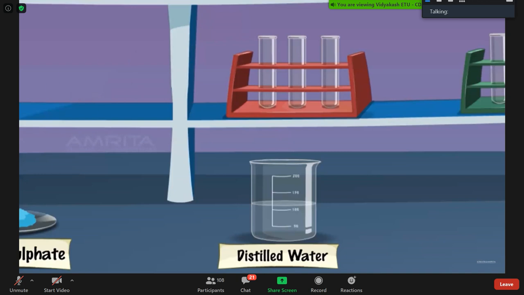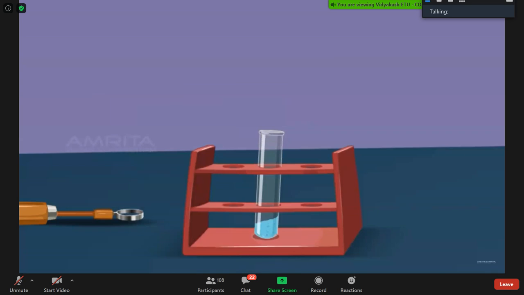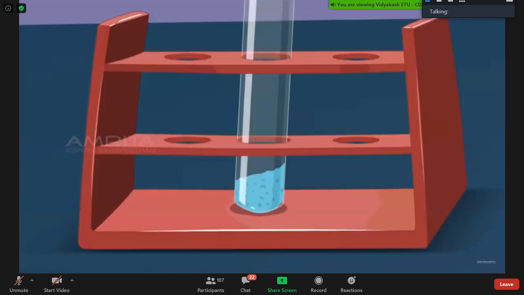Add 2 to 3 drops of water into the boiling tube containing the sample anhydrous copper sulfate obtained after heating. The white copper sulfate turns blue, indicating that the blue-colored hydrated copper sulfate is regenerated. So this reaction is a reversible chemical change.